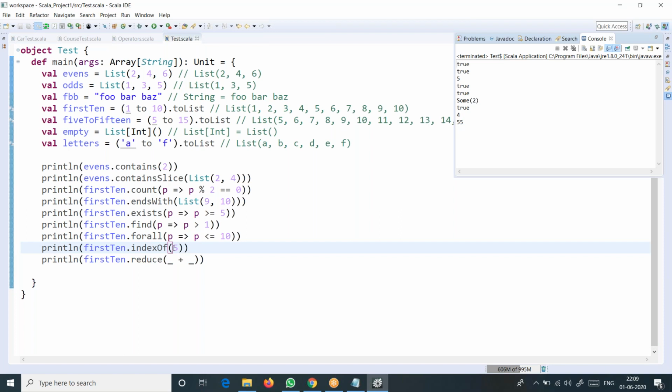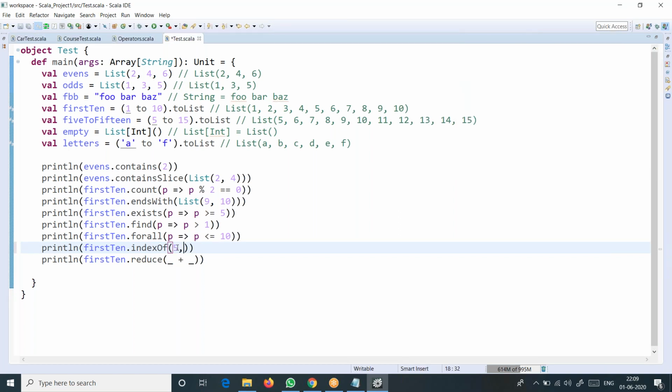So again we are asking to search for the index of 5 after the fifth element. After the fifth element, do you think any other element in the first 10 elements will have 5 here? Because we already got the index of 5.